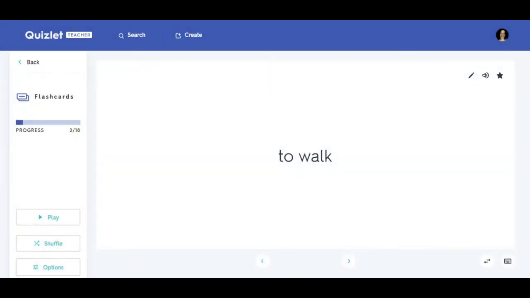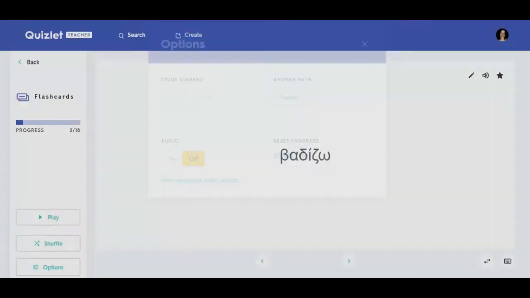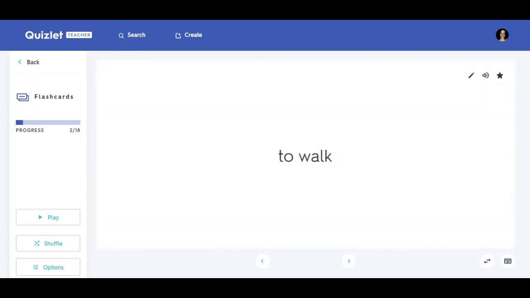Okay, you have the definition walk, and you can see vadizo by clicking on it. And when you do answer with English, okay, you have the Greek here, and by clicking you see the English word. And go back,